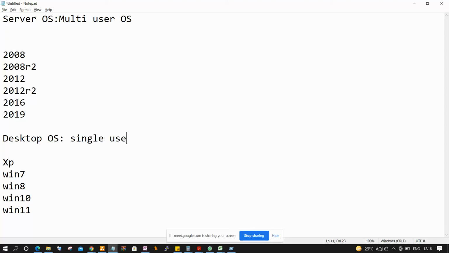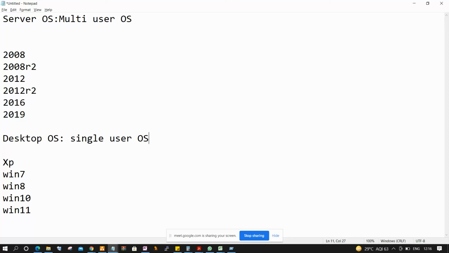So this is called a single user operating system. Mostly your laptop is desktop OS, not a server operating system. Am I right? Everybody is using a desktop operating system, a single user based operating system, even including me.